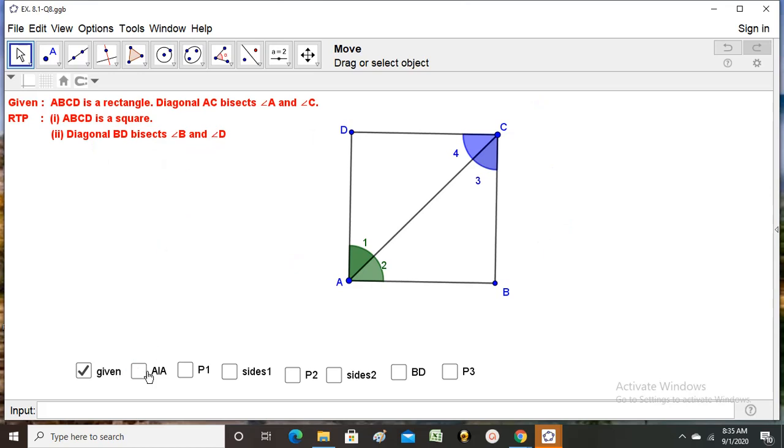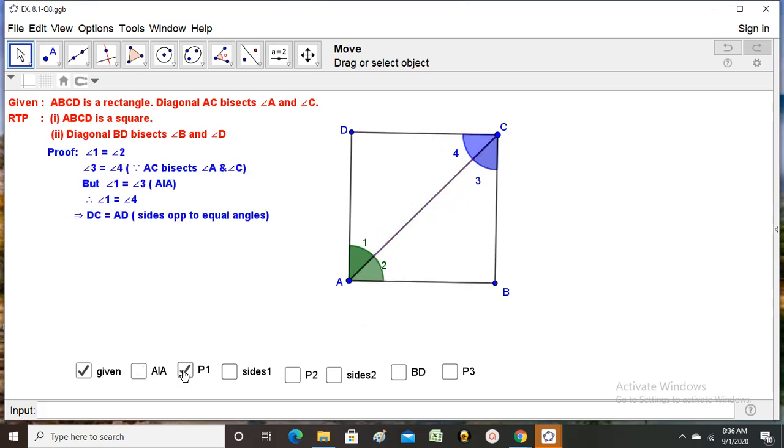Okay, now let us go on doing like this. Alternate interior angles you can check. Angle 1 equals angle 3, angle 2 equals angle 4. Since diagonal AC bisects angle A, this line AC divides the angle into two equal parts, that means angles 1 and 2 are equal. Because these are pairs of alternate interior angles, we can claim that 1 and 3 are equal, 3 and 4 are equal, and therefore all these four angles are equal to each other. This much can be understood.